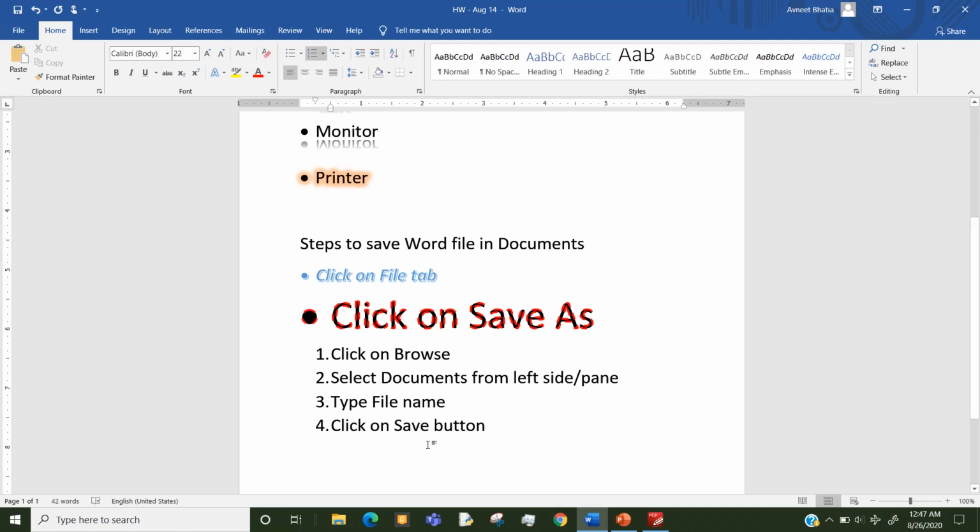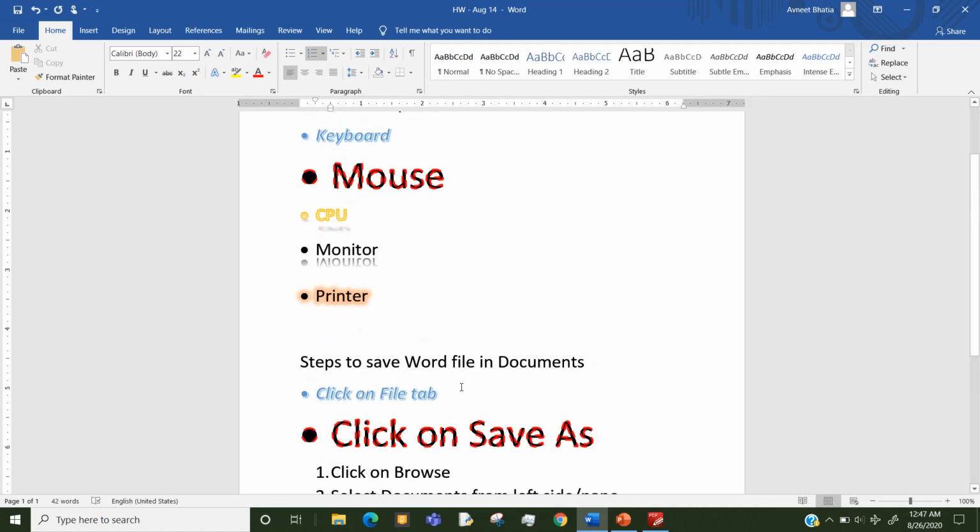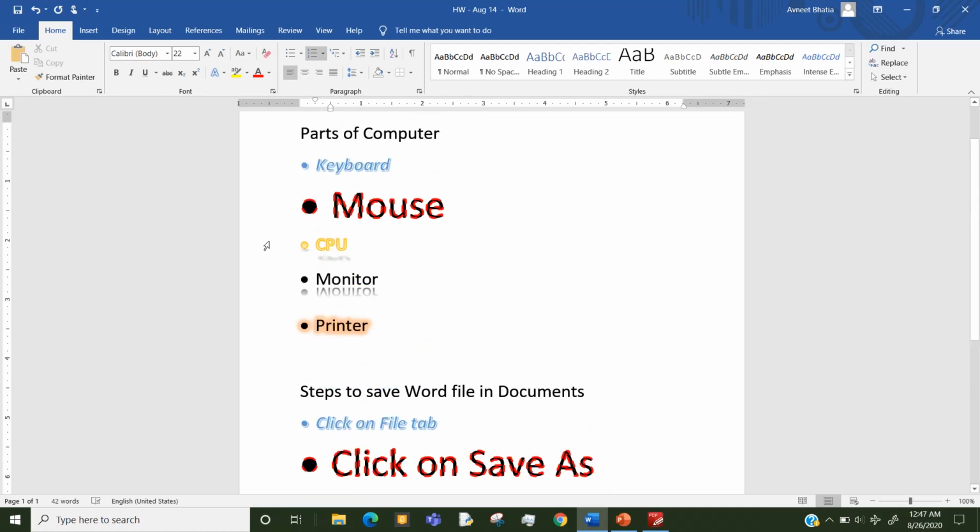If I want to apply formatting on separate lines, then also I can use Format Painter, but in that case my step 2 is a little different. So I will repeat all the steps for this second type. Listen carefully. Step 1 is the same: select the text whose formatting you want to apply. So I'm selecting the CPU this time.